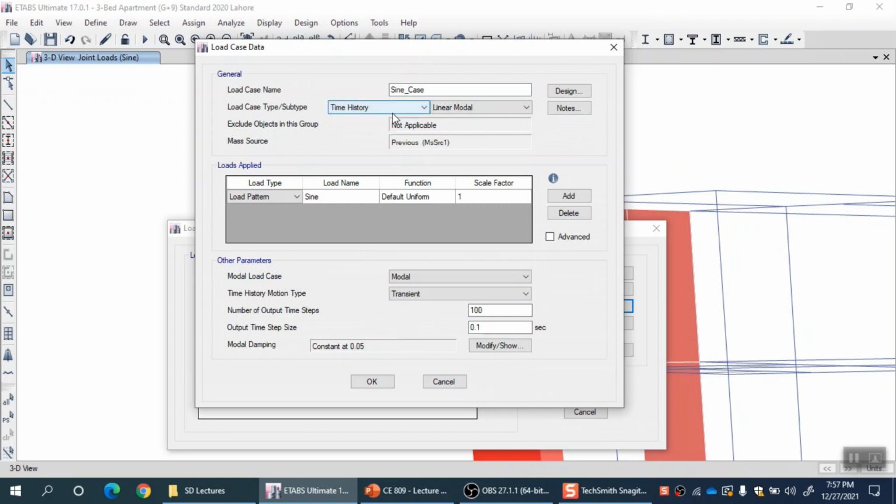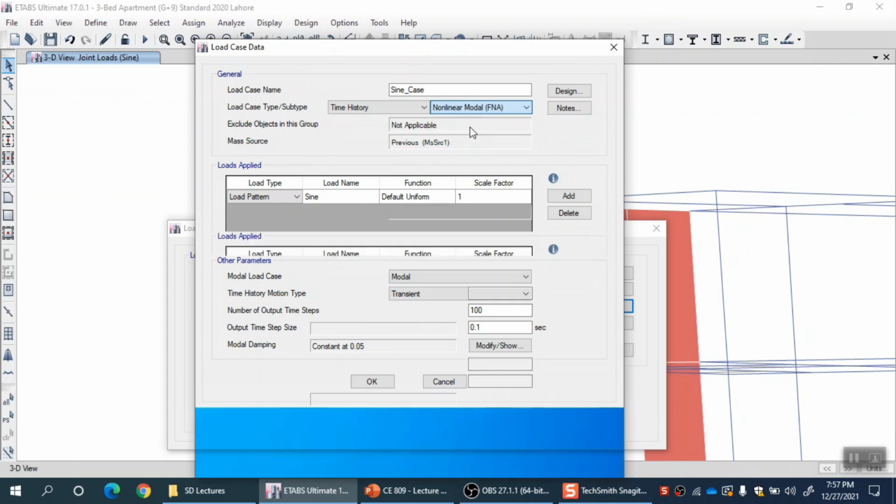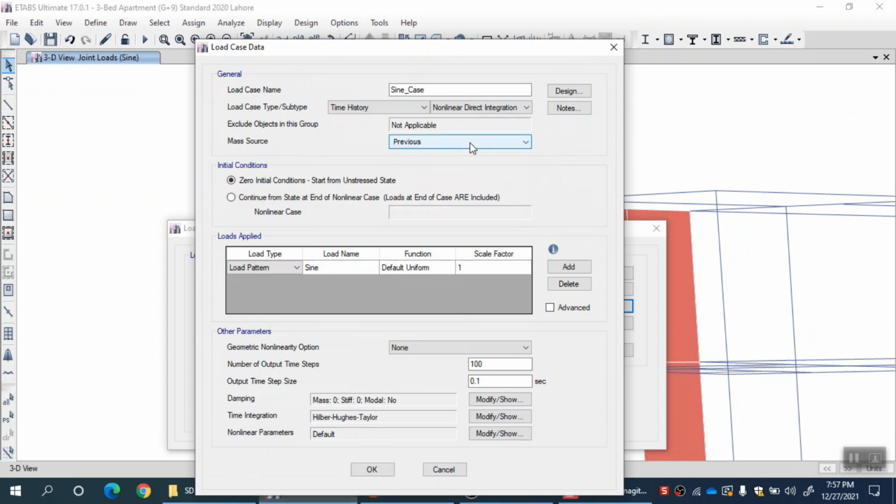And again, when I select time history, I have two options. If my model is linear, I can go for linear modal, which is actually modal RHA, and the second option is linear direct integration. This is step by step direct integration. If my computer model was non-linear, again two options for me: non-linear modal and non-linear direct integration, right. But currently my model is a linear, elastic model, so I can go for either linear modal or linear direct integration. At least now you know what linear modal is, but in the next class we will discuss linear direct integration also. But linear modal, let's say I select,